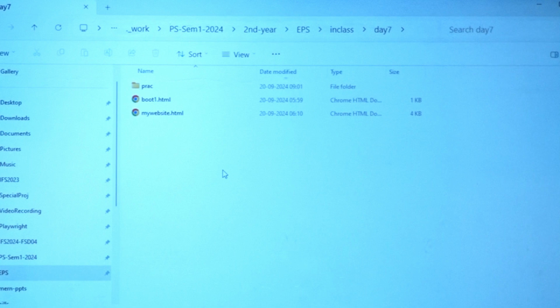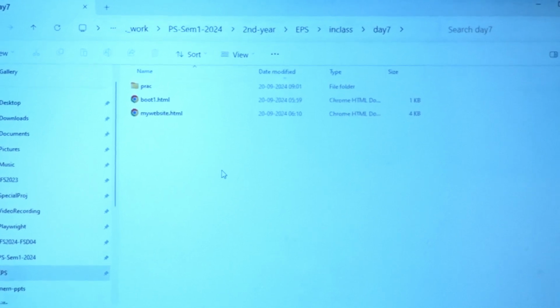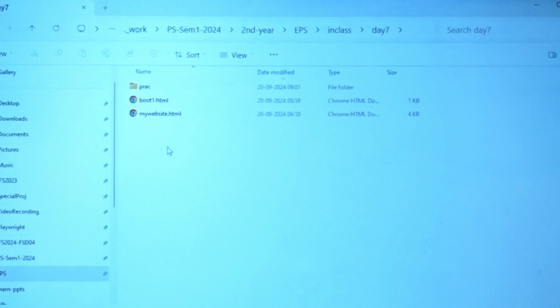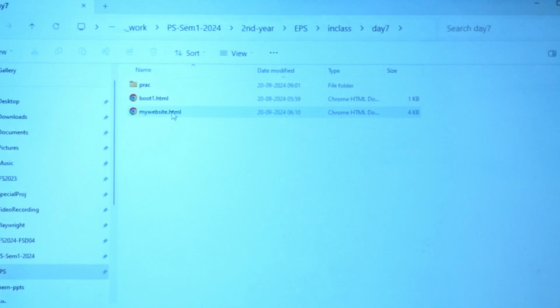Day 7. This is my today's session. So everybody please create day 7 folder. Inside that folder, create the file that you want to create. Give it any name that you wish to. Remember, this is not for the exercise, this is for our own practice here. Right? So, before we go ahead,